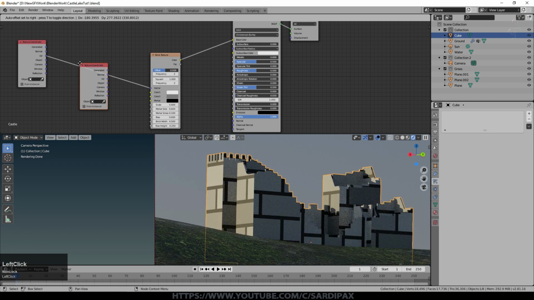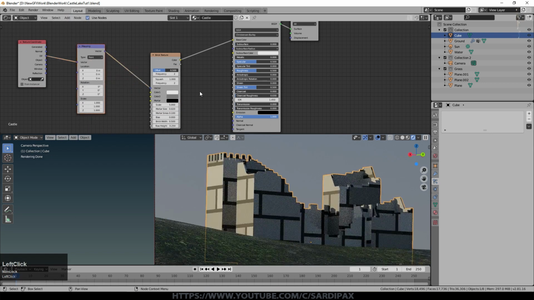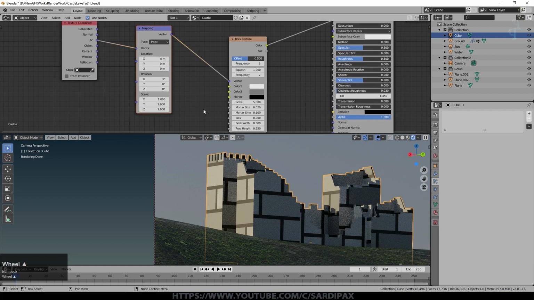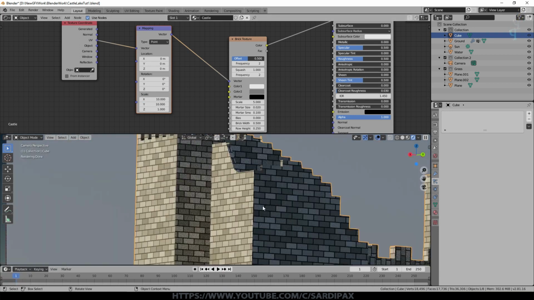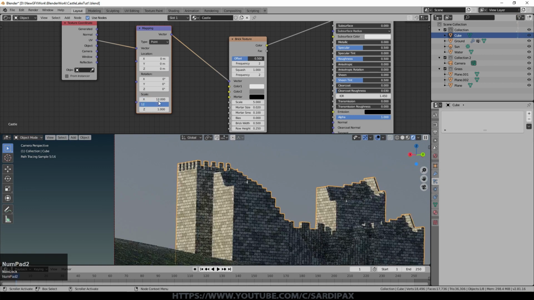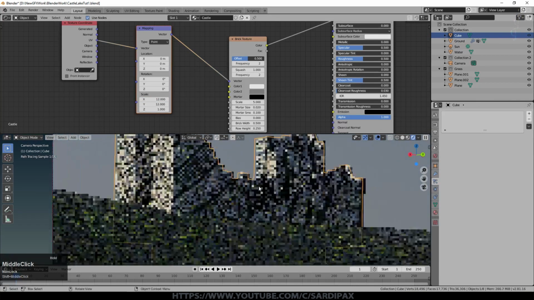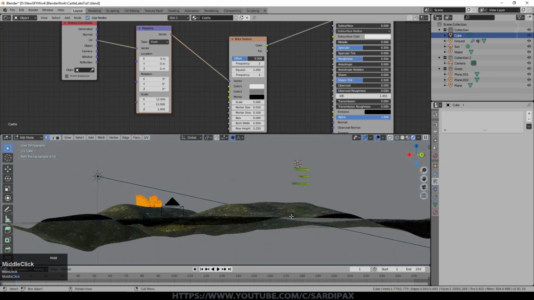Obviously I can play with the scale in here, but before I add vector mapping, we can obviously play with the scale in the brick texture, but I'd like to get it somewhere near first of all. So let's put this up to 10. That's a lot closer. I actually think that's pretty close to what it would need to be. Let's maybe take it a little higher. There's obviously an issue with a couple of faces. So these ones around here got unwrapped the other way round.